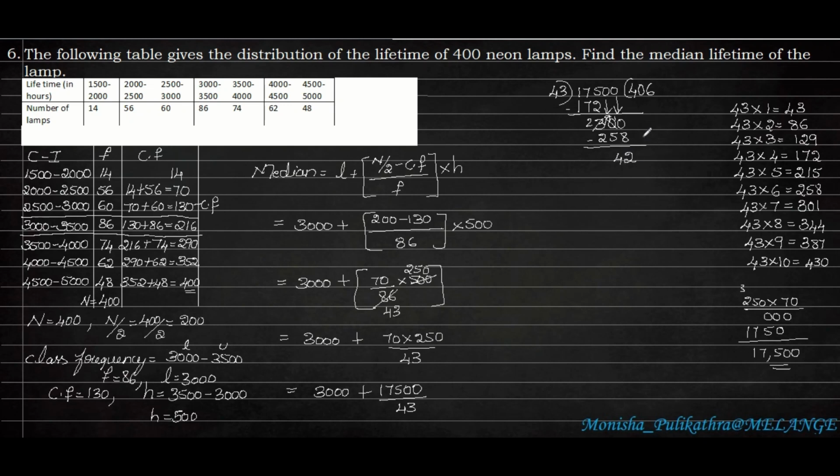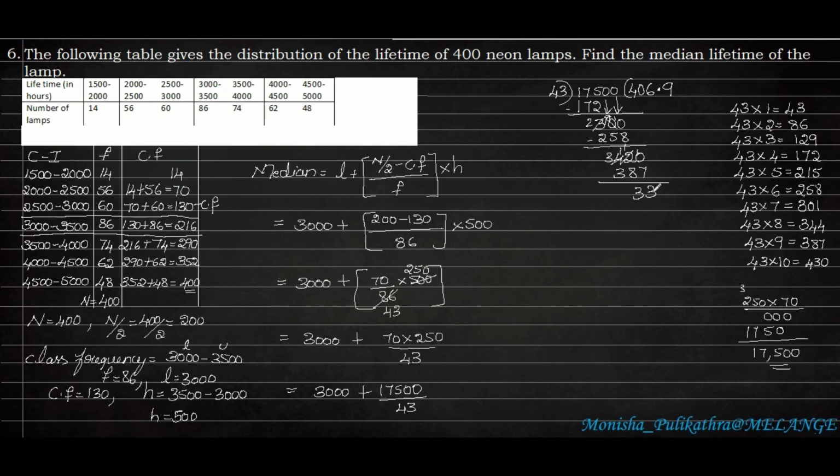That is 42. So 42 is not divisible by 43. So put a point and add a 0 here. So number which is less than 420 is 387. That is 43 9s are 387. So 10 minus 7 is 3. Here 1 is there. So again we need to take a carry. So 11. 11 minus 8 is 3.